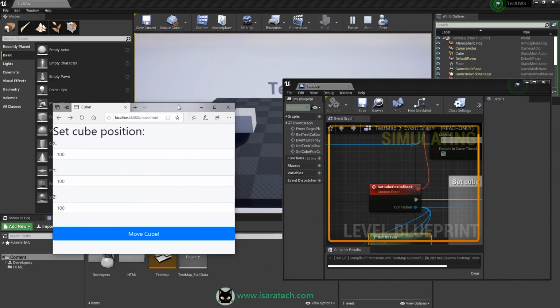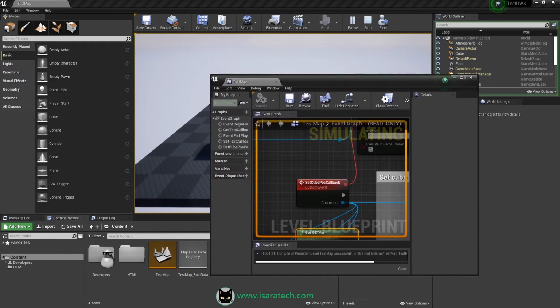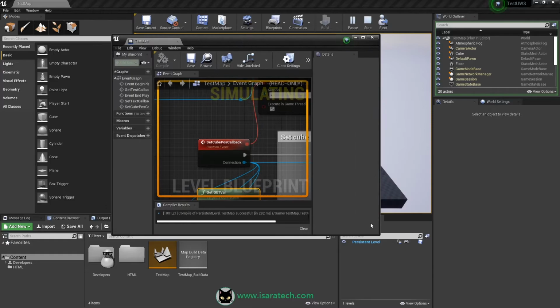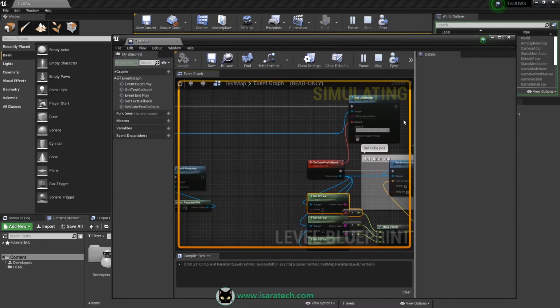So we saw how to add HTML files, and we saw how to add some graphical improvement to our HTML files.